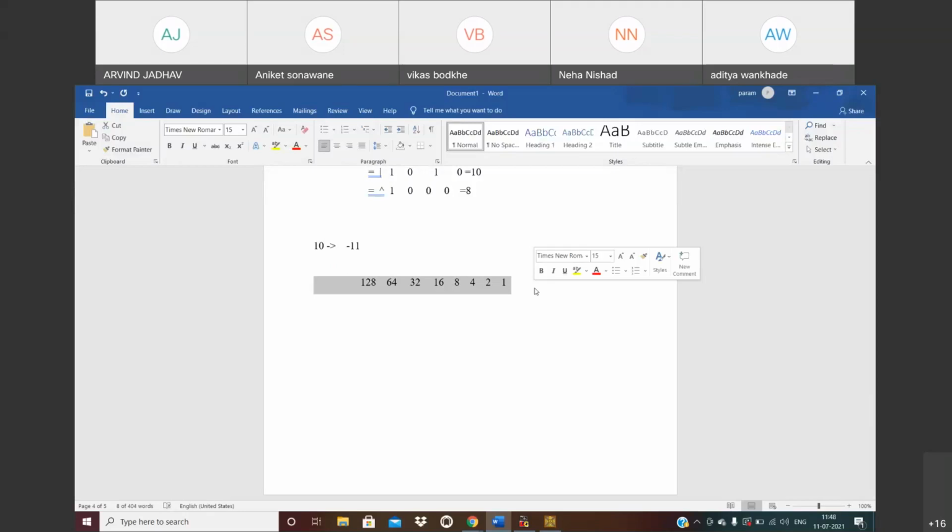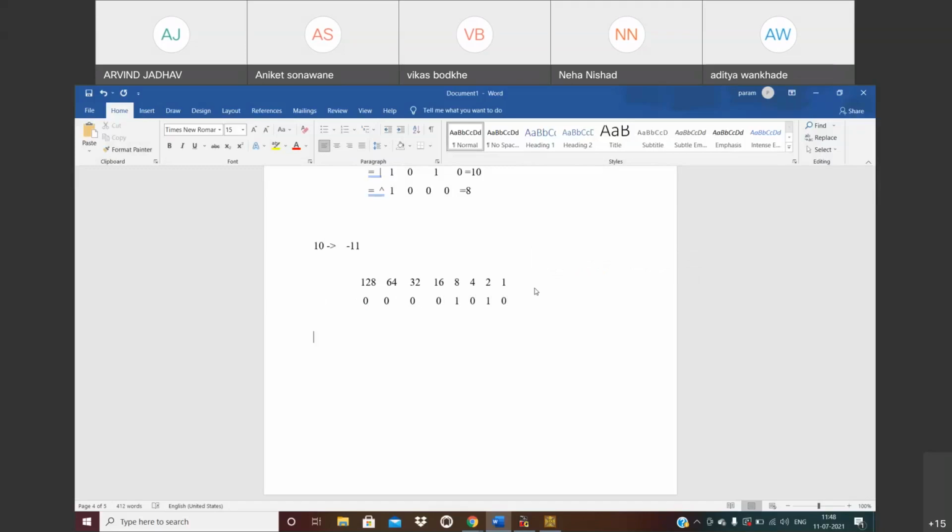Okay, so let's try to write the binary for 10. I'm not using the 128 bit, also not the 64 bit, 32 bit, or 16 bit, but I'm using the 8 bit, 0 for the 4 bit, 2 bit, and 0. So this one is the binary. 8 plus 2, 10.